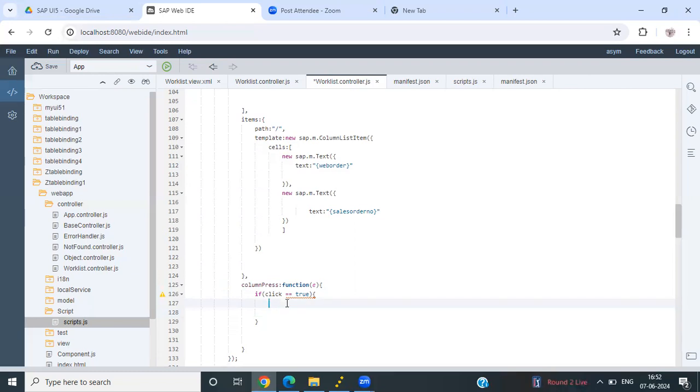If e.mParameters.columnIndex equals 0, so it is the first, it says if you click on the first column, then